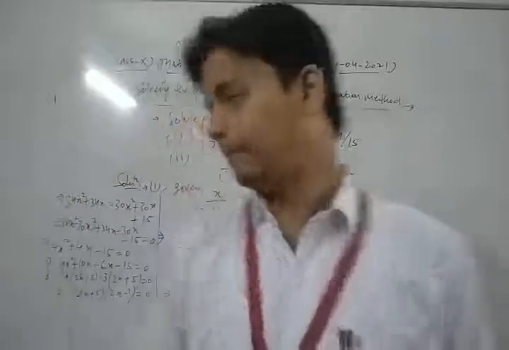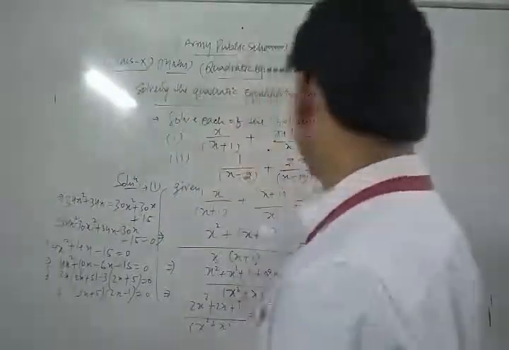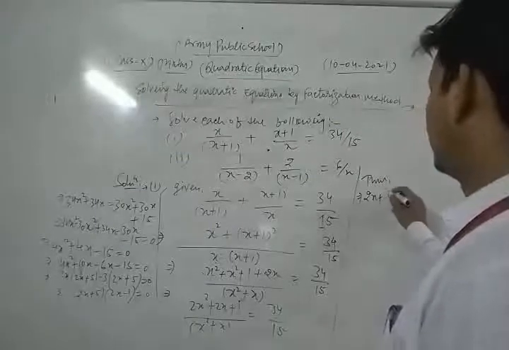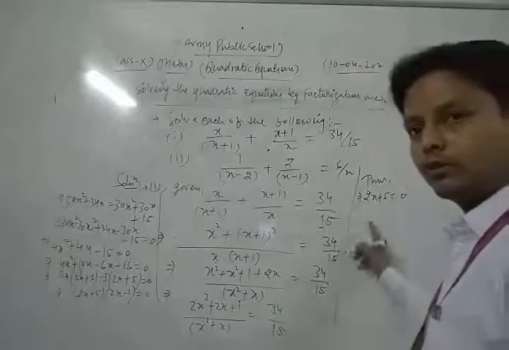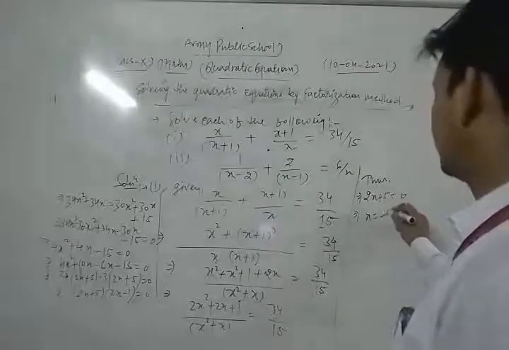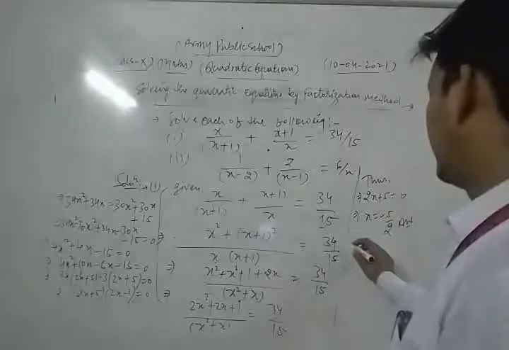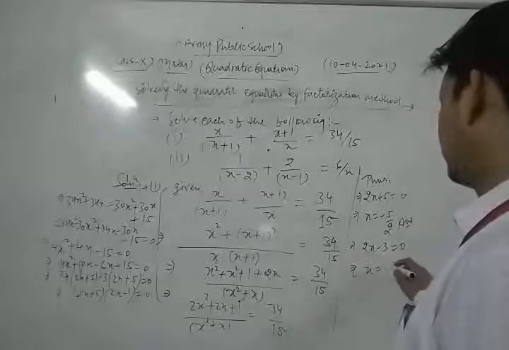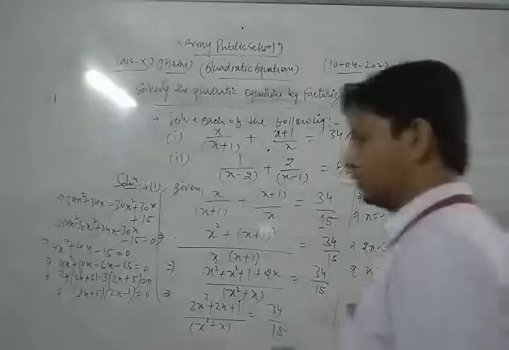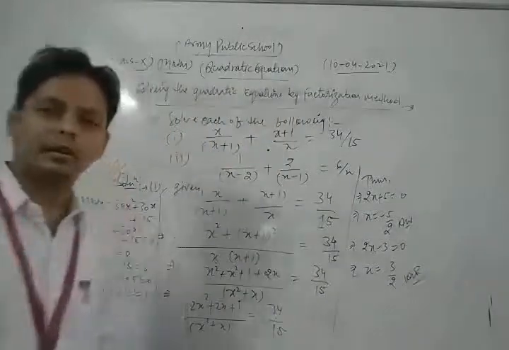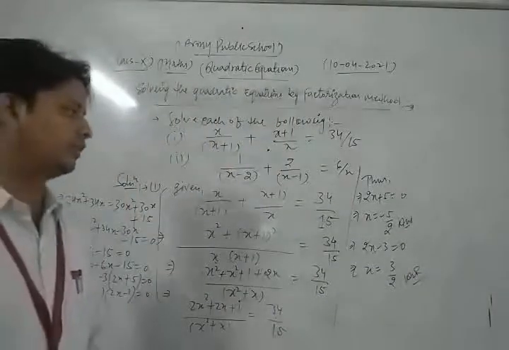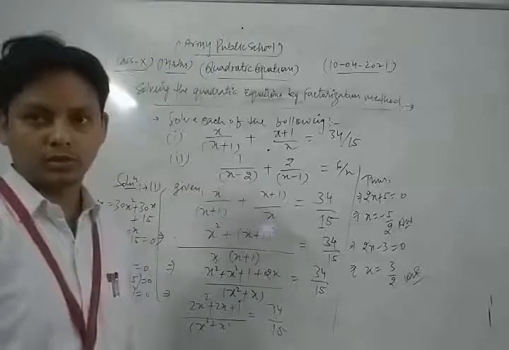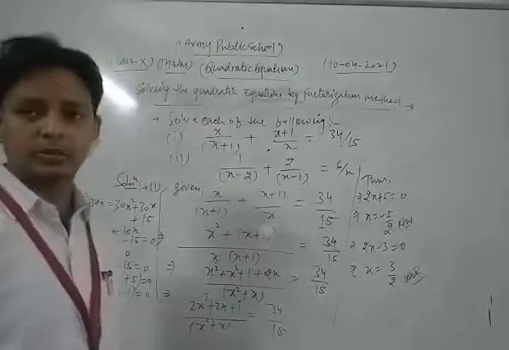When we take 2x plus 5 is equal to 0, then the value of x is minus 5 upon 2, this is the first answer. And when we take 2x minus 3 is equal to 0, then the value of x is plus 3 by 2, this is the other answer. Thus in this way, dear students, you can solve each and every question of your NCERT exercise based on quadratic equations. Now similarly we take and solve the second part of this question.